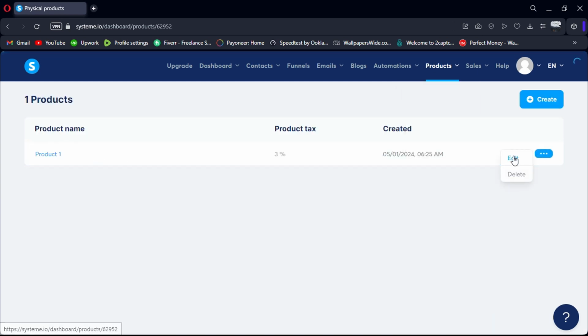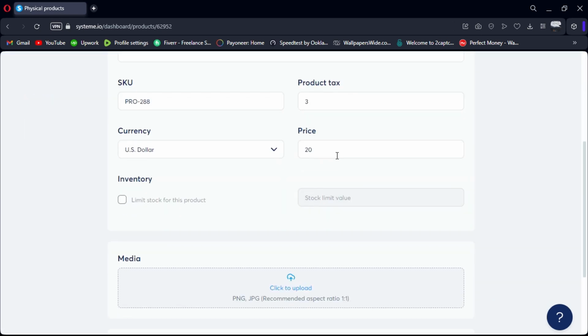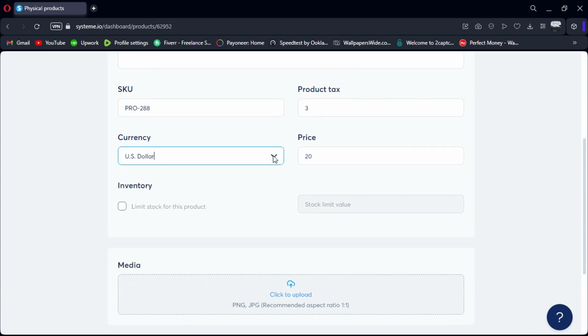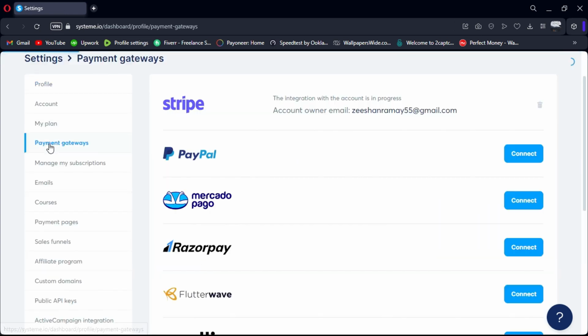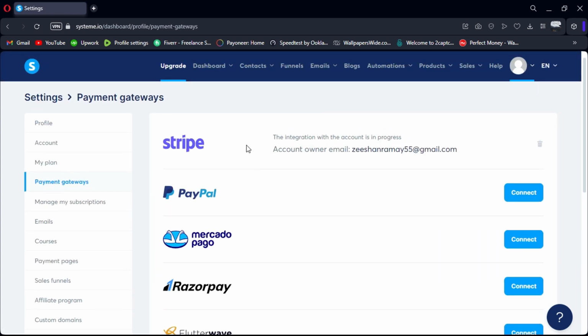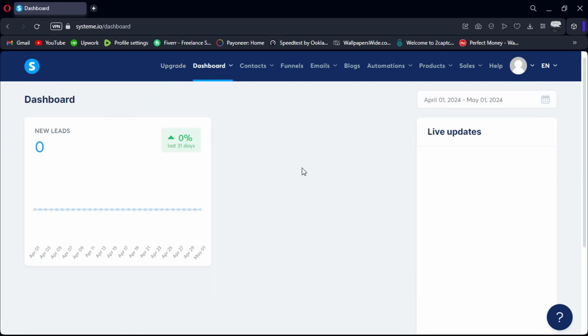Once your products or services are set up, you're ready to start accepting payments through Stripe via System.io. Your customers will be able to make purchases seamlessly and you'll receive payments directly into your Stripe account. And there you have it. With System.io integrated with Stripe, you can provide a smooth and secure payment experience for your customers while managing your